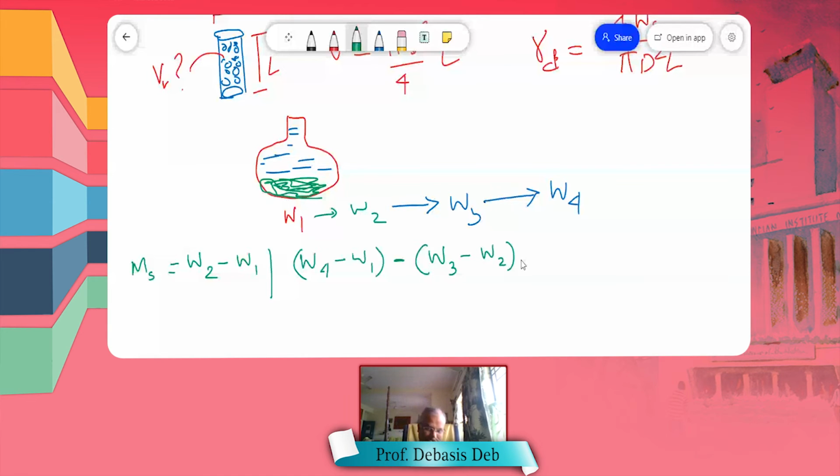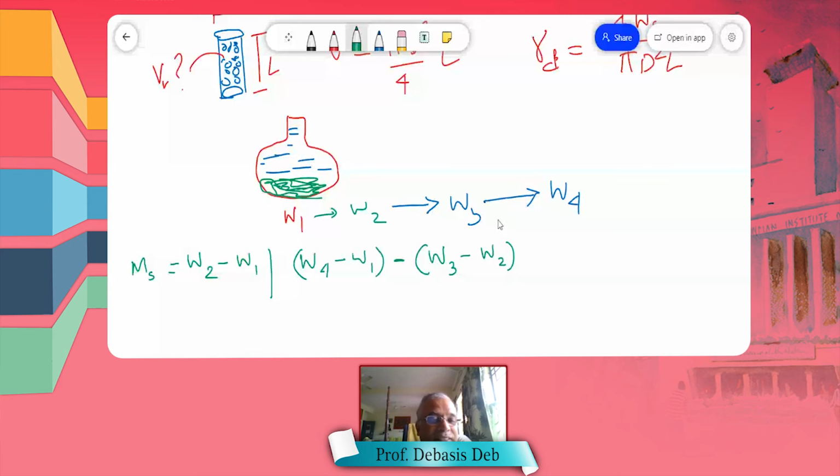What is this? What is W3 minus W2? This is sample plus water. This is only sample. So when I subtract that, I get the weight of water which is filled in the